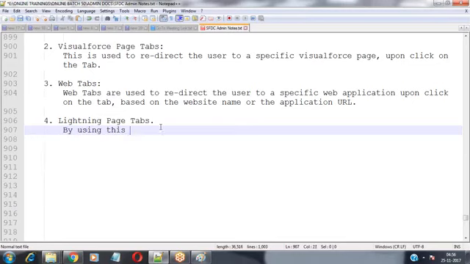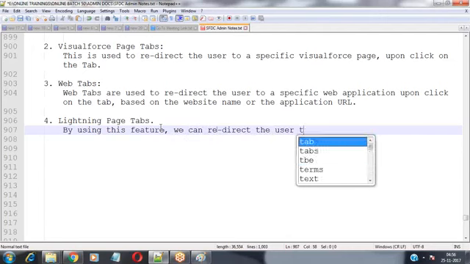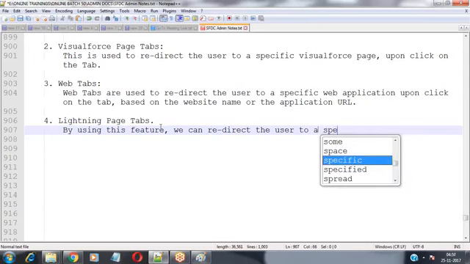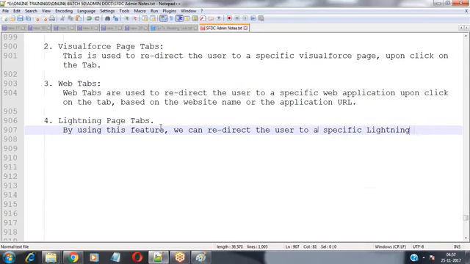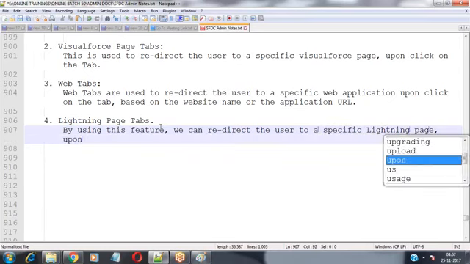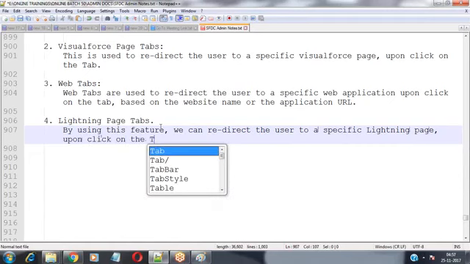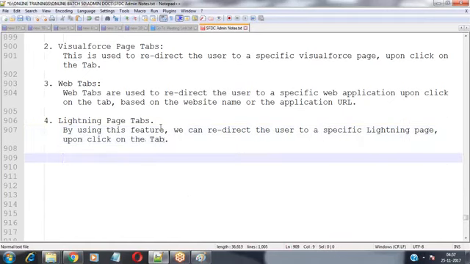By using this feature, we can redirect the user to a specific Lightning page upon click on the tab. Then we call it Lightning page tabs.